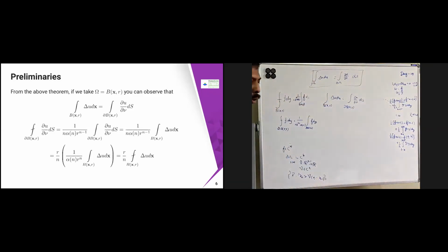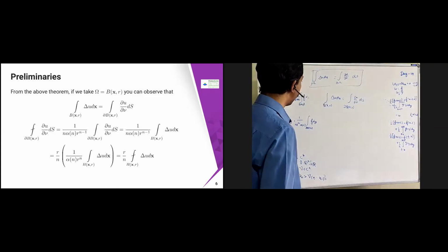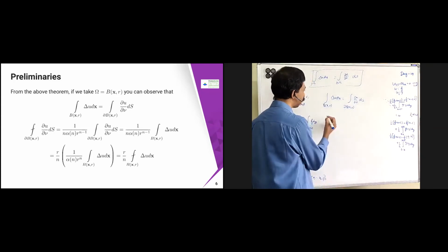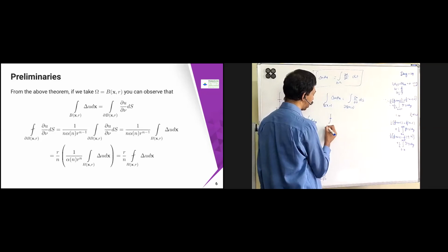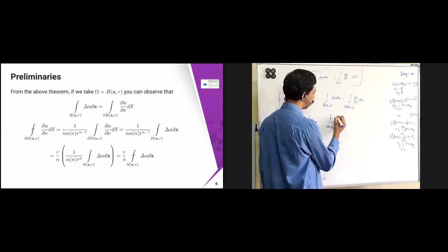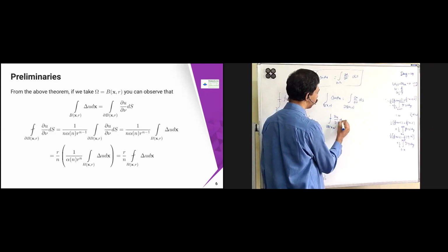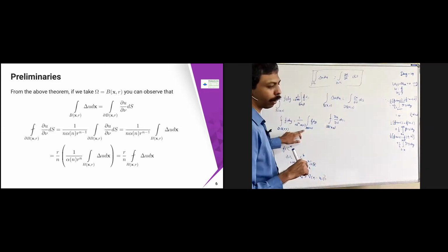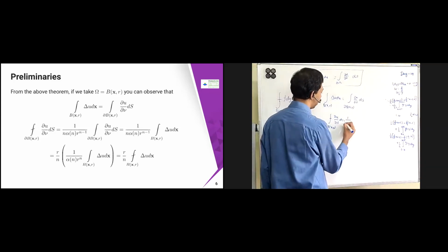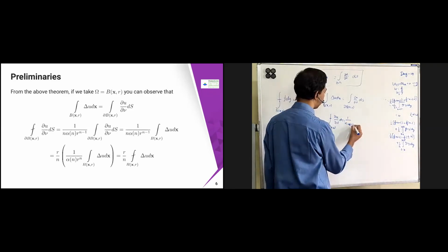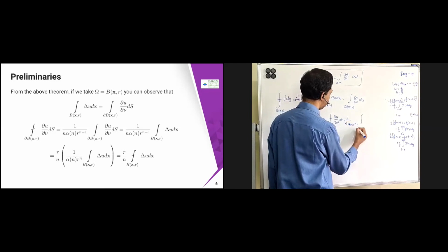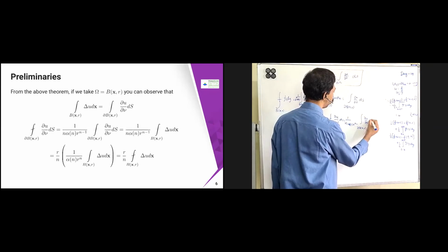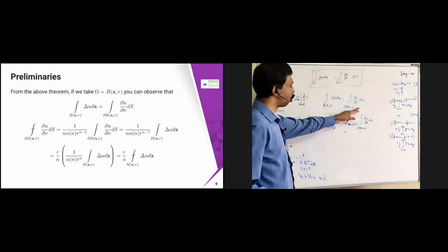Now what I'm going to do is find the spherical mean of this. The spherical mean over the boundary of B(x, r) of dou u by dou nu ds is nothing but 1 by n alpha(n) r to the power n minus 1 times the integral over the boundary of B(x, r) of dou u by dou nu ds. But what is dou u by dou nu ds?